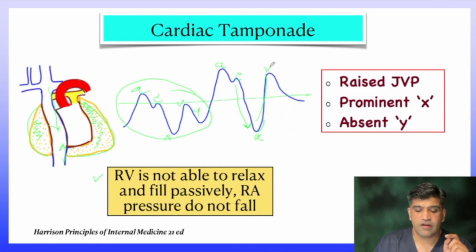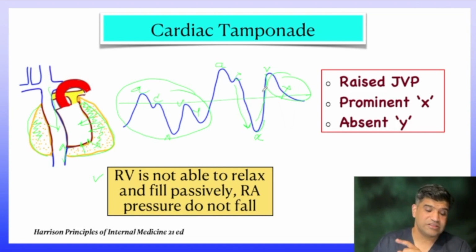And we have a V wave. Now the tricuspid valve opens and the RV has to fill passively. Since there is pressure of fluid from outside, the RV is not able to fill passively. So there is no Y descent. Y descent is absent. Y descent is caused by the tricuspid valve opening at V and the RV filling